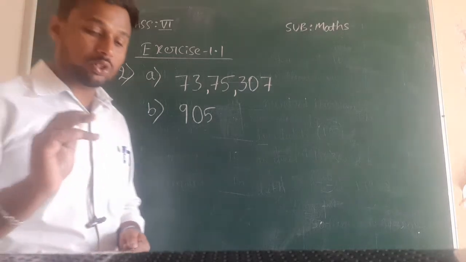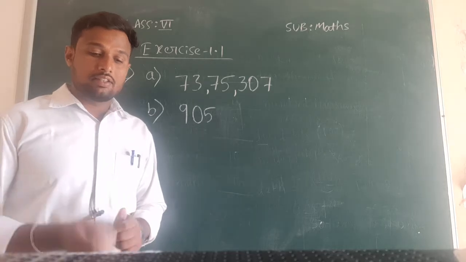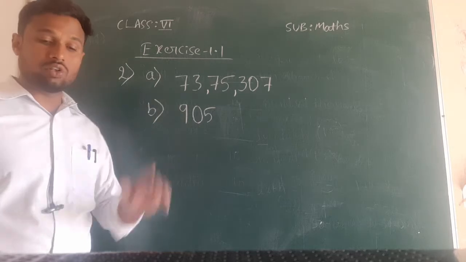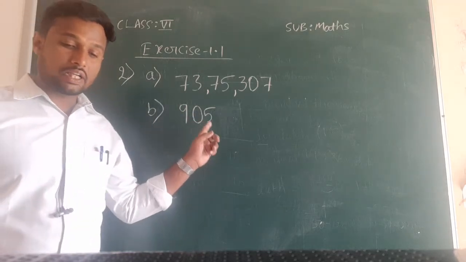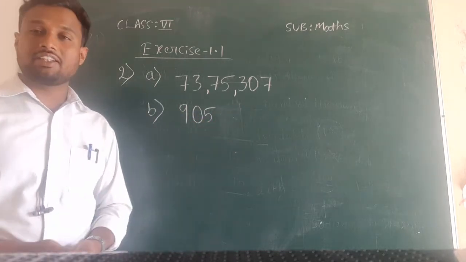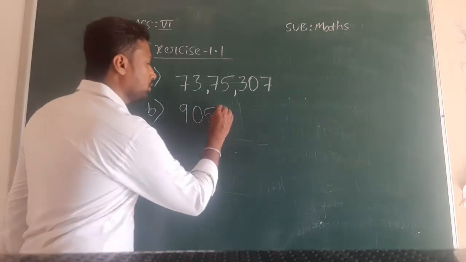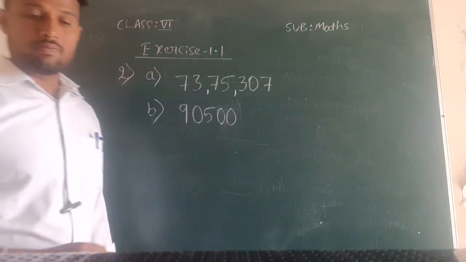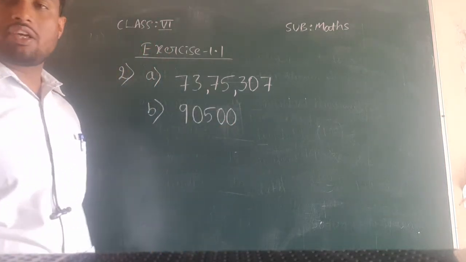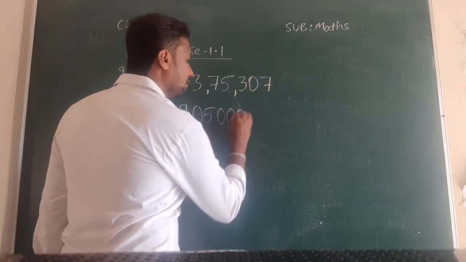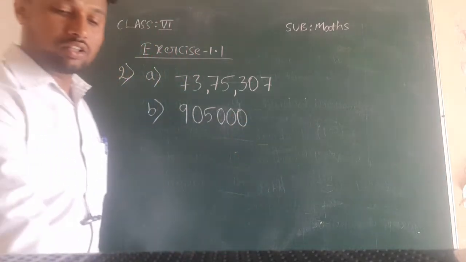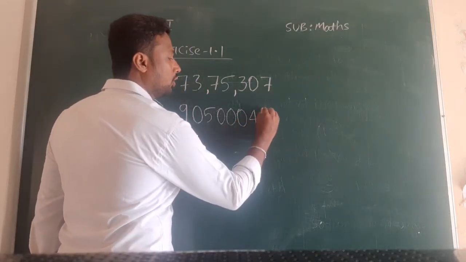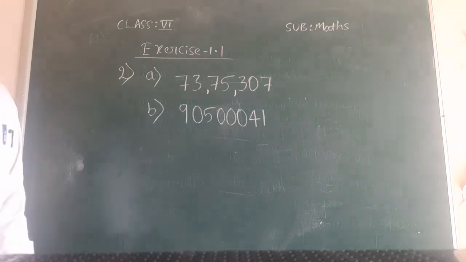Read that carefully. Question number B, second main question. 9 crore 5 lakhs means in the 10 lakhs position there is no value. So 9 crore 5 lakhs 41 directly they have given. Means in the 10,000 position we don't have any value. In the thousands position we don't have any value. And in the hundreds position they have not given any value. Therefore I will use another 0. And they have given 41, means in the tens position we have 4 and in the ones position we have 1.